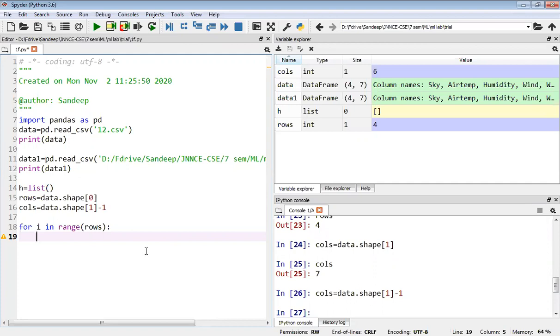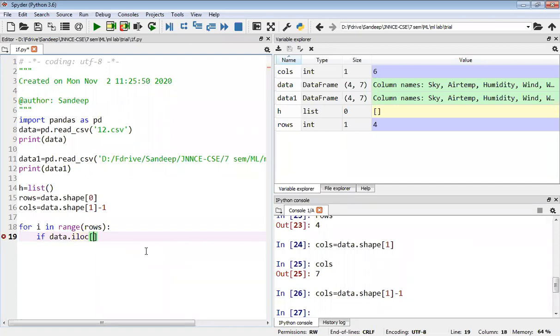If it is a positive example, our hypothesis is null right now, so I have to change that null hypothesis to that particular positive example. So how to check whether that last column is yes or not? There is one function called iloc, which means I want to check that particular column value. So which is that column value?